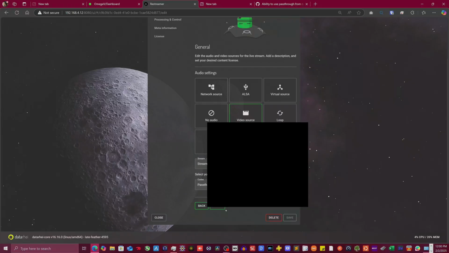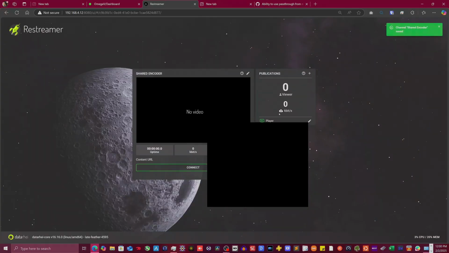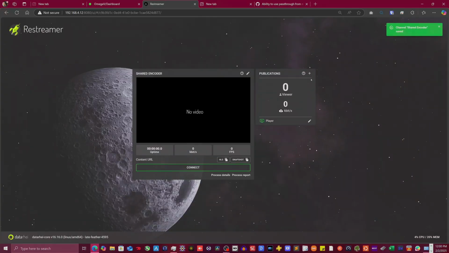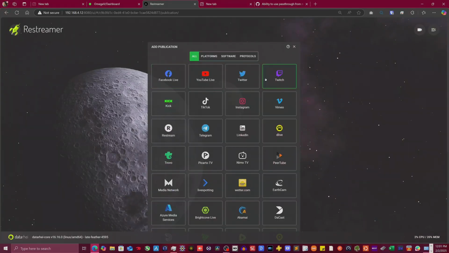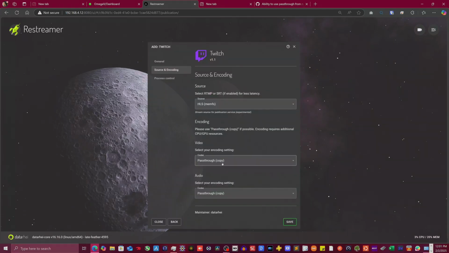Next, audio. You could pass through the audio. Audio is always easy to pass through. And then we hit finish. All right, and then from there, you'll be able to add your Twitch stuff here, and then boom, you'll be able to pass it through, and then it should work. And remember, the pass-through stuff is no work,